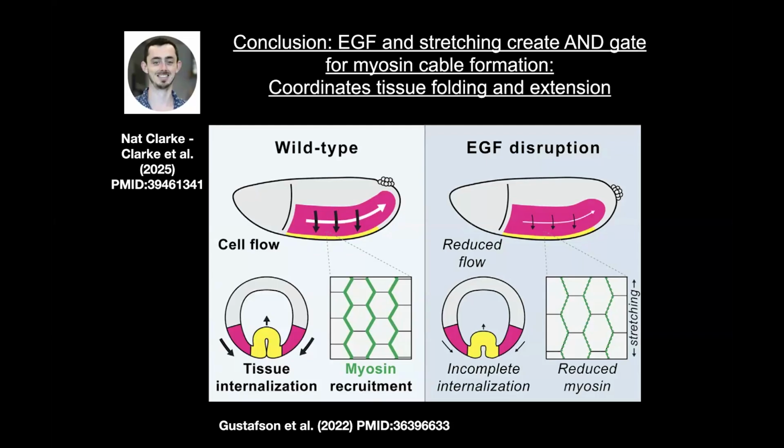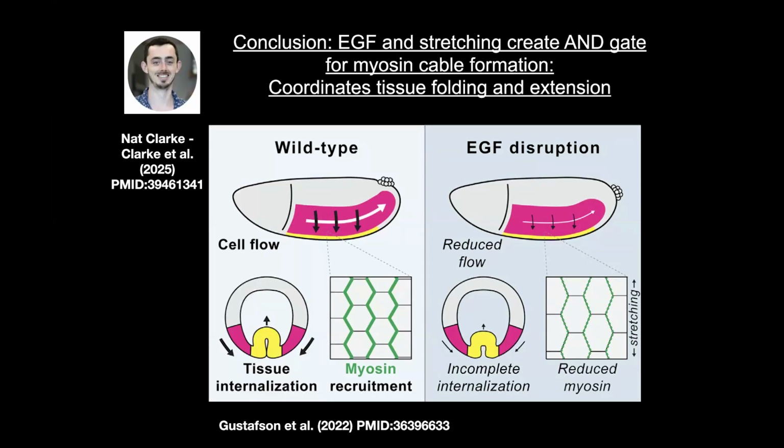And this would then coordinate the internalization of the mesoderm, the tissue folding, with the axis extension of the embryo. So in this diagram, the mesoderm is in yellow on the basal side, and the extending tissue, the germ band, is in magenta. There's also EGF signaling in the germ band, and we showed that EGF is required for the mechanical effect of the mesoderm pulling the germ band